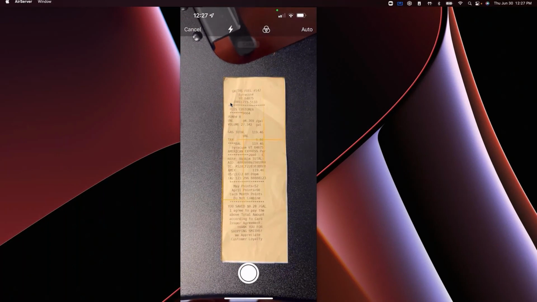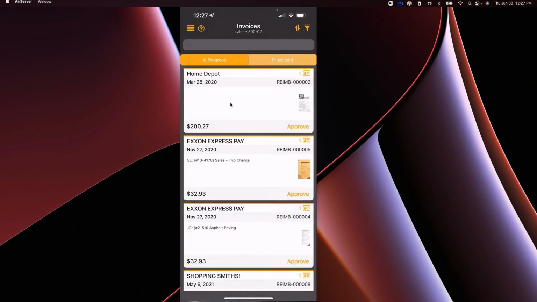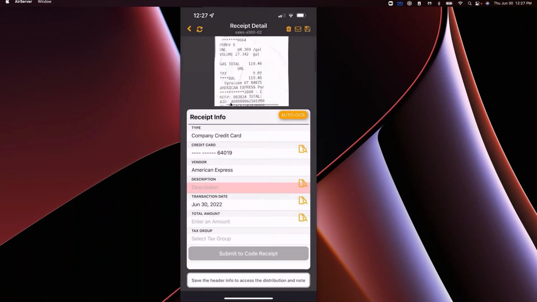Here we have a quick receipt of a fuel receipt I had from the other day. Snap the photo there of that receipt. All right, let me see if I can zoom in on this here for you. So this is a purchase of fuel for $119.46. Right?